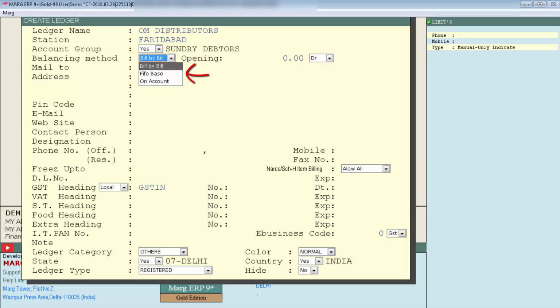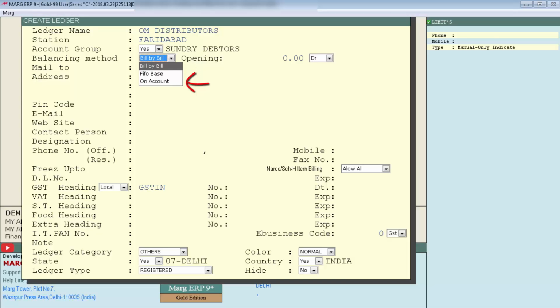After this, next is FIFO base. In this, it will also maintain the outstanding, but when you receive the payment from this party, it will not display any window asking against which bill you have received the payment. Whichever is your first bill or second bill, that will be maintained by the software according to the FIFO base.